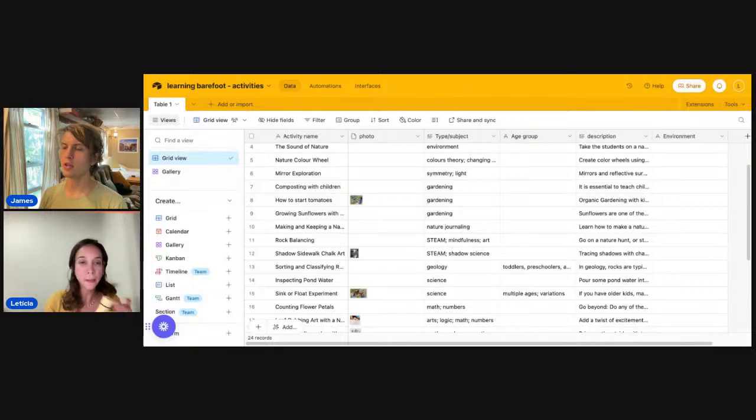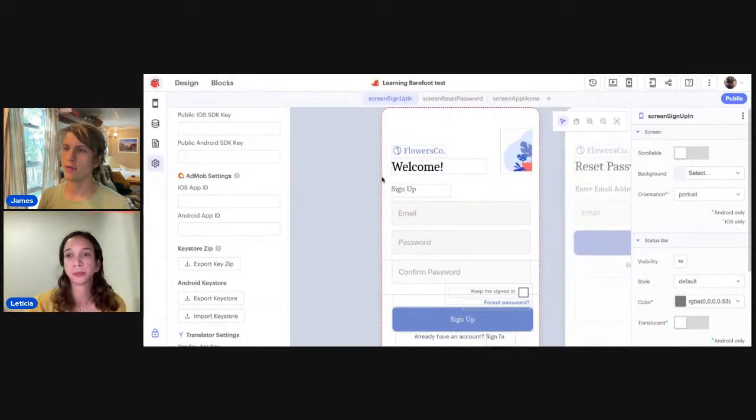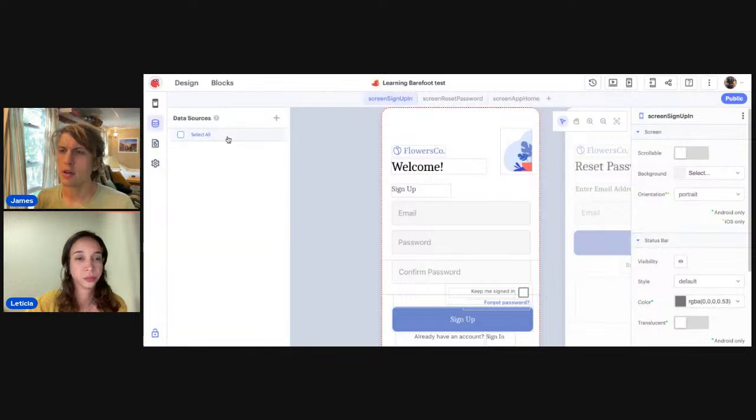I think right now let's just try and add a data source to Thunkable to connect the two. Okay. So I'm looking at the Thunkable docs, and it says if you go back to your app, and then on the left side, the second one down is data.